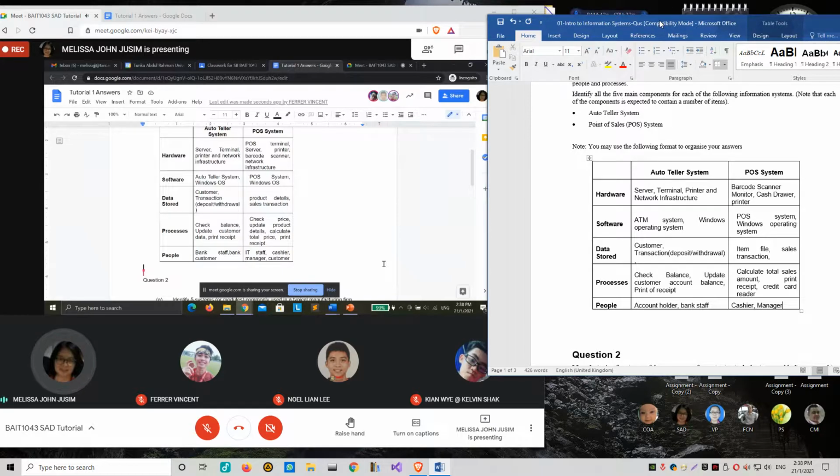What I heard through the PA system was, someone from IT staff, please come to the first level, counter number 12. Meaning they also need IT support staff to do troubleshooting and maintenance. So I agree, you can add in the IT staff here also.